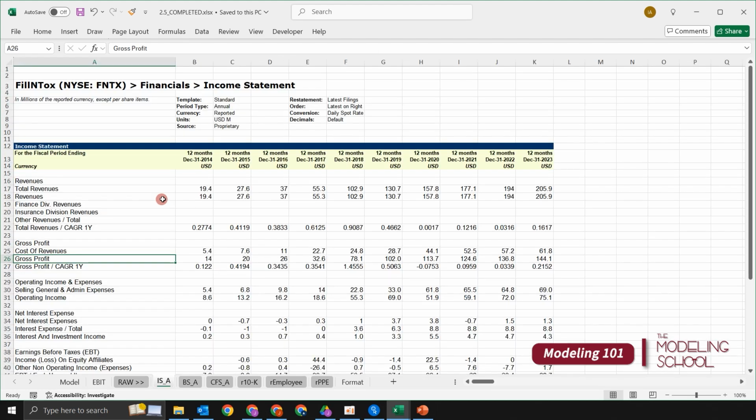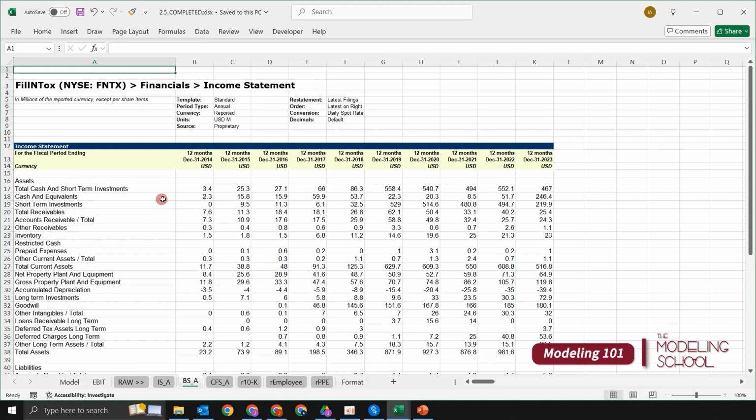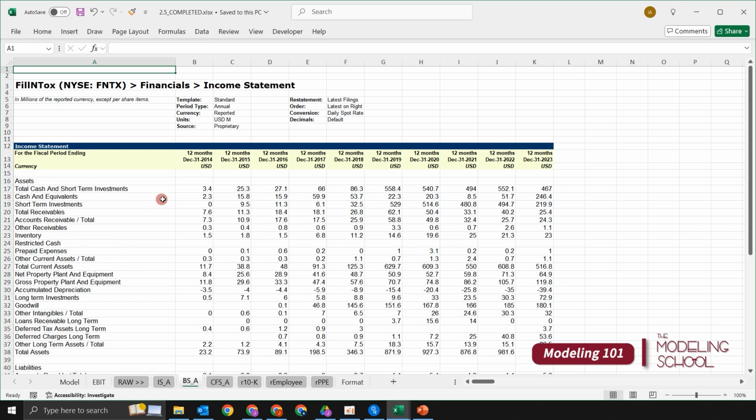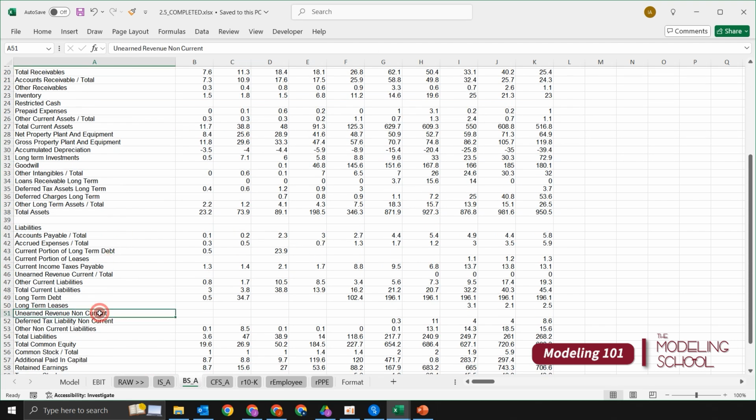model tab. For the income statement, it's relatively simple because income statements for most industries look very alike. There might be some slight differences, but in most cases the income statement looks very similar. But when it comes to the balance sheet and the cash flow statement, important line items may be different from company to company. For example, let's say unearned revenue. In some industries, in some companies, unearned revenue might be very important. There might be some significant numbers